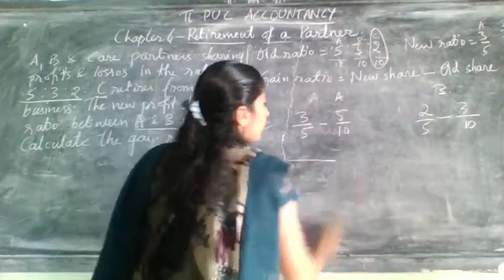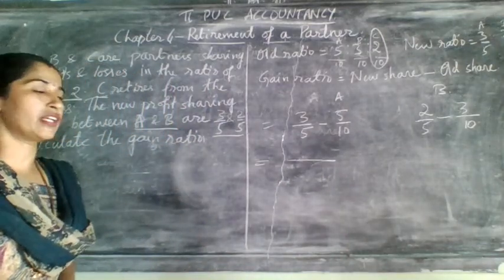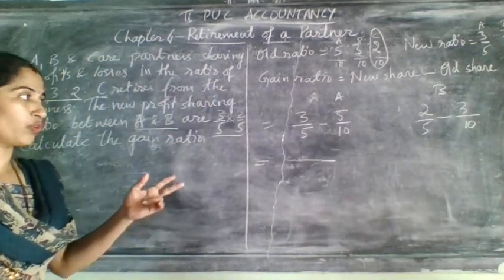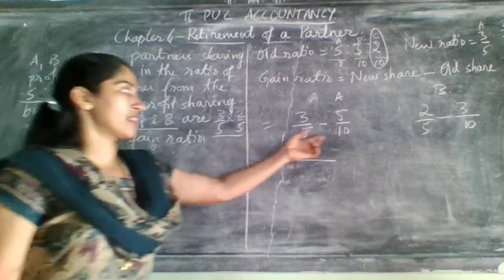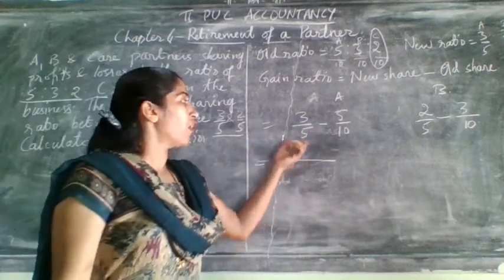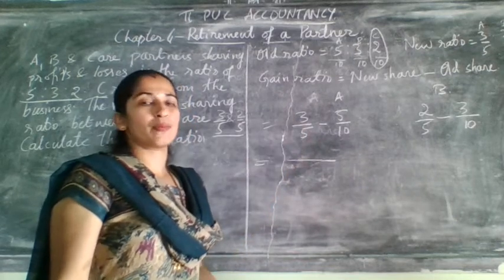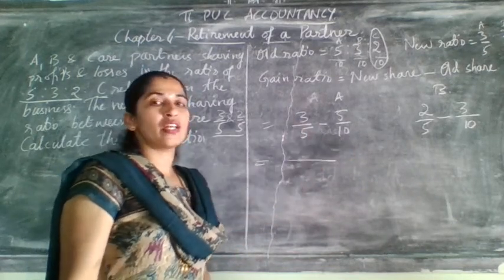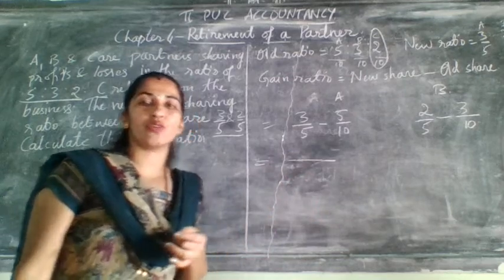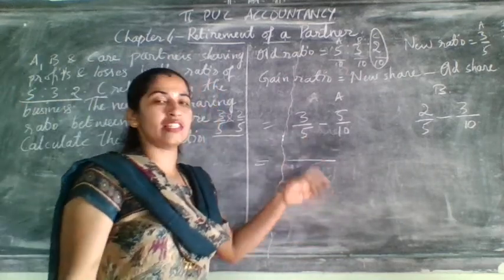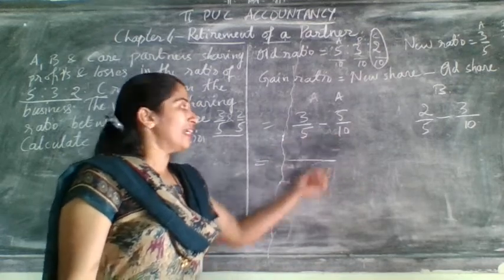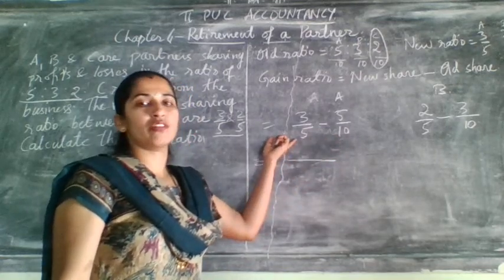What you need to do is take the same denominator. You can do it in two ways: one by taking the highest number as the denominator, or else you can do the cross multiplication. You can check with this. If it is not possible for you, you can follow the LCM method also. But here it is easy. They have given 5 and 10. 10 can be divisible by which one? 5.